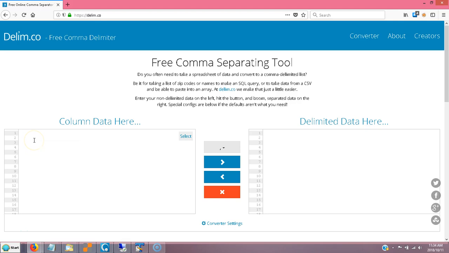Now, for example, I've got my list of titles here. You can use a much larger one if you want. And I want to use these as keywords, as long tail keywords. So I come to the site called delim.co, delim.co, delim.co. I come here and I just copy and paste my keywords or my titles or both here, and I